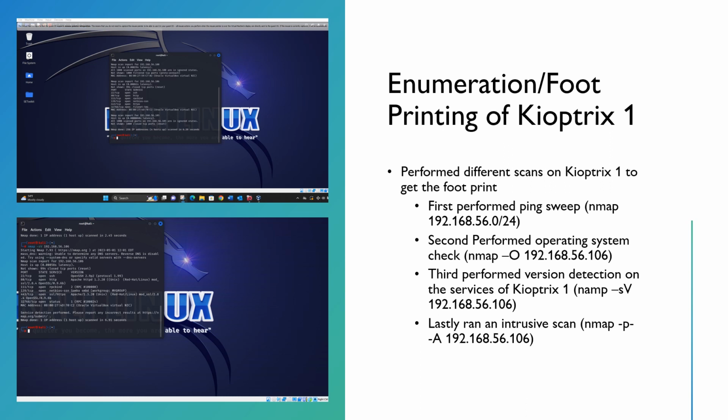Enumeration footprinting of KeyObjects 1. I perform different scans on KeyObjects 1 to get the footprint. First, I perform a ping sweep with Nmap on my subnet, 192.168.56.0/24, so I could find the target system, which is KeyObjects 1. The IP of the KeyObjects 1 was